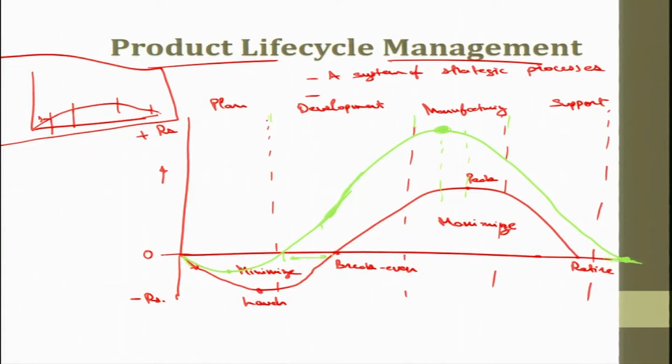So, this is what product life cycle management is. Life cycle means not only designing the product, but managing the overall, complete life of the product, from the very idea generation when we have an idea to produce a product, to the final retirement of the product. Retirement means when the product becomes obsolete and a new product takes its place.